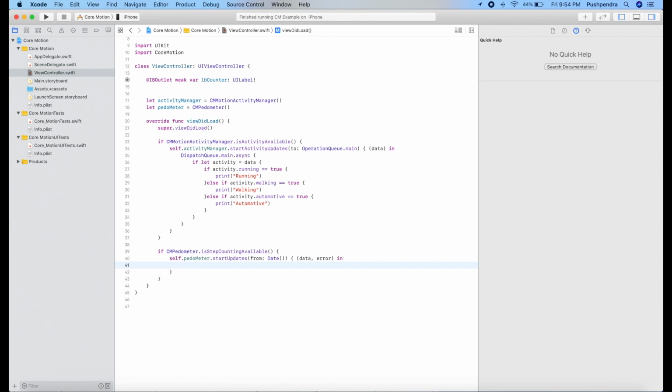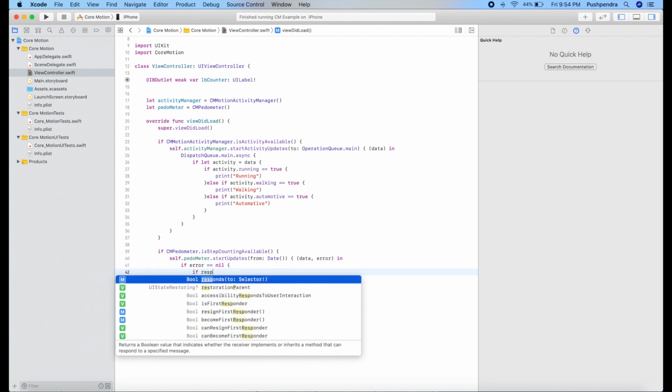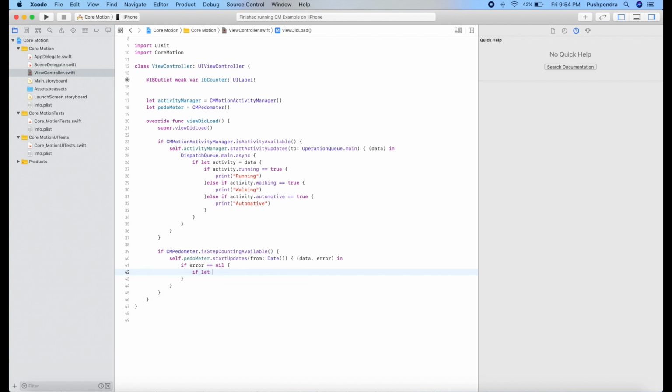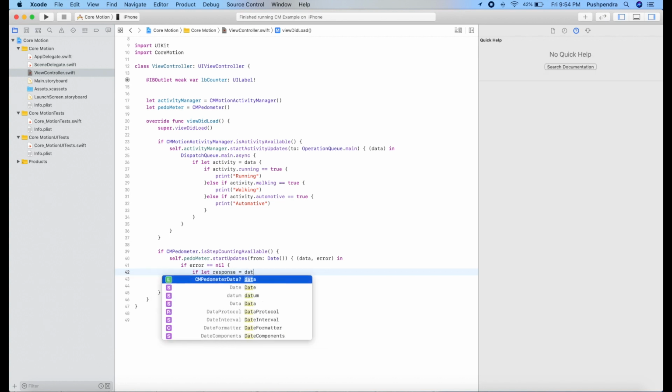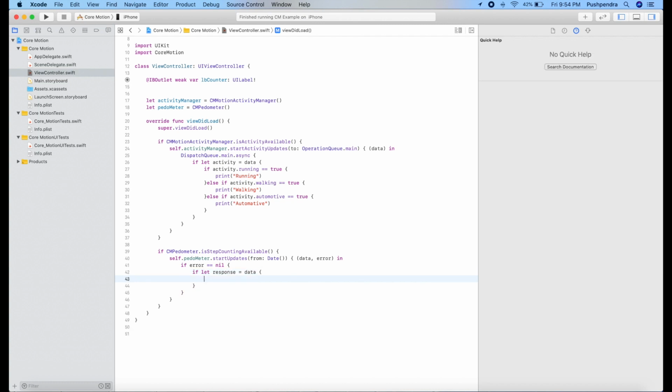So before that I am going to validate if error double equals nil, then we are in safe mode, and here if response or let response equals data, then again we are in safe mode.